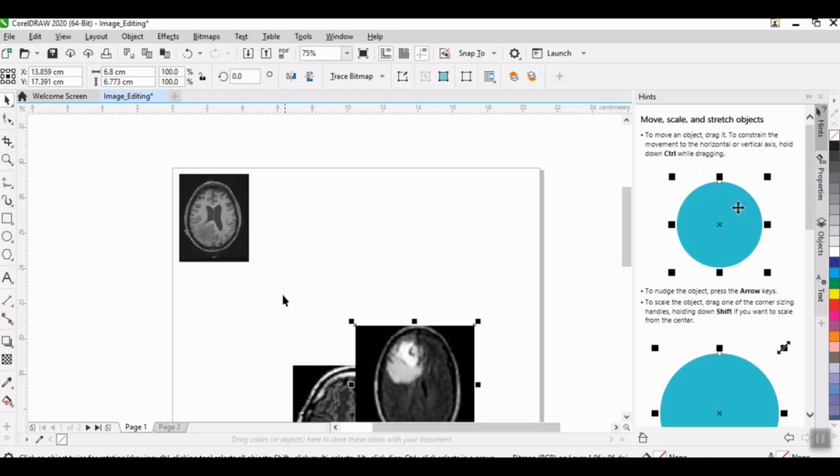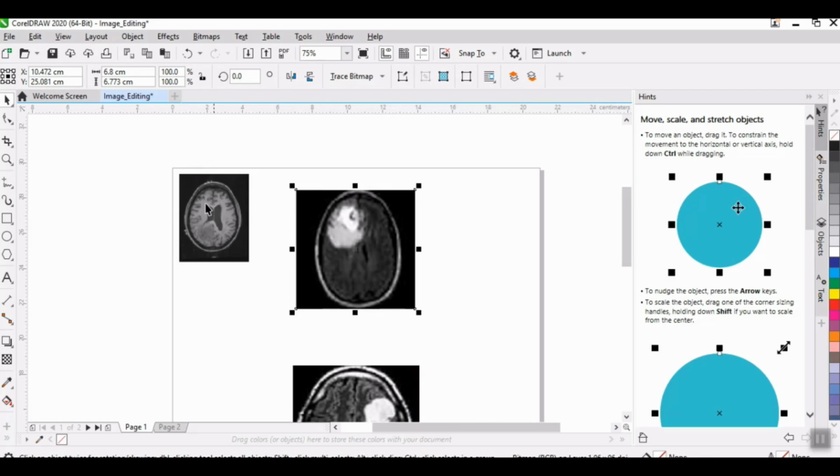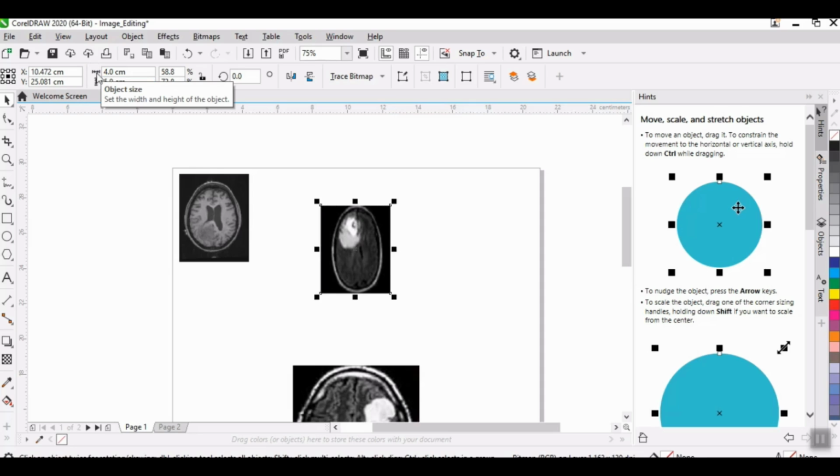Now similarly take the other image. Now how do we place this image exactly at an equal distance from this image and also position it vertically and horizontally? First, always convert the image to the equal dimension, 4 by 5 centimeters. Now this image has a width of 4 centimeters, and this also has a width of 4 centimeters. If you want to place it after leaving some spacing here, this is 4, and this image is placed at 2.393.